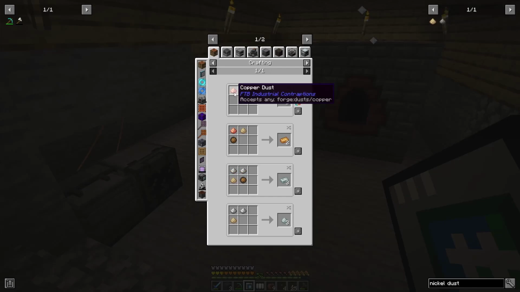So yes, right here, if you just put copper dust and nickel dust together, it will give you a constantan blend. And constantan is rather important. You kind of need it. You can take this constantan blend and throw it in a furnace and get this constantan ingot, which is used a lot. So you're going to need this. And that's why we want the dust. You can also just take that dust and cook it right up